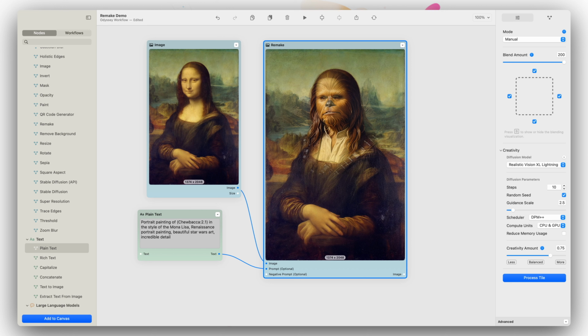So it's a really powerful tool to create really outstanding, high quality, and professional work using Stable Diffusion and AI art. You can learn a lot more about the settings at